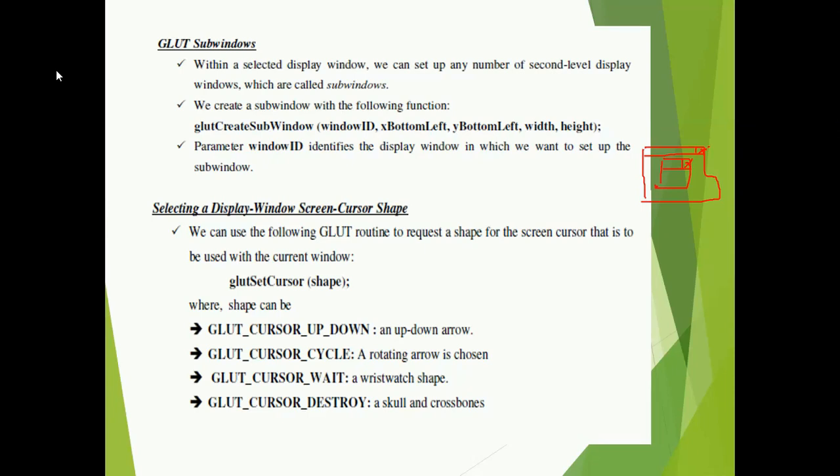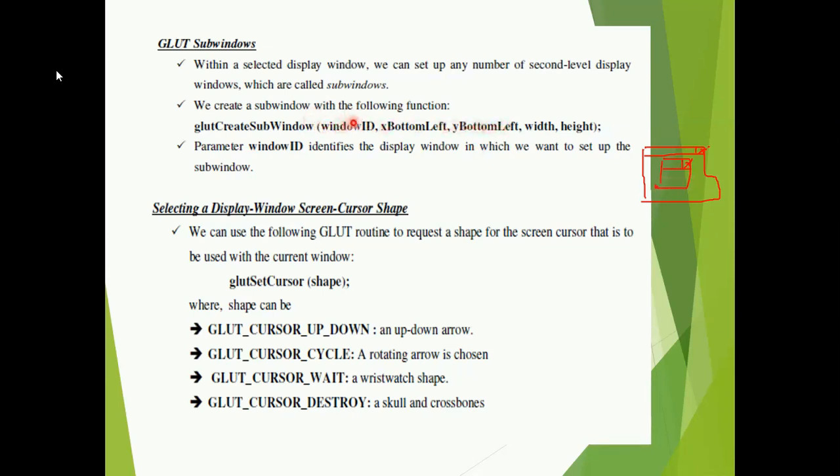So within a window you want to display another window, and you can create it using the function glutCreateSubWindow. You give the window ID, which is a number to identify the window, and then you define x bottom left, y bottom left, and the width and height of the window you want to display.